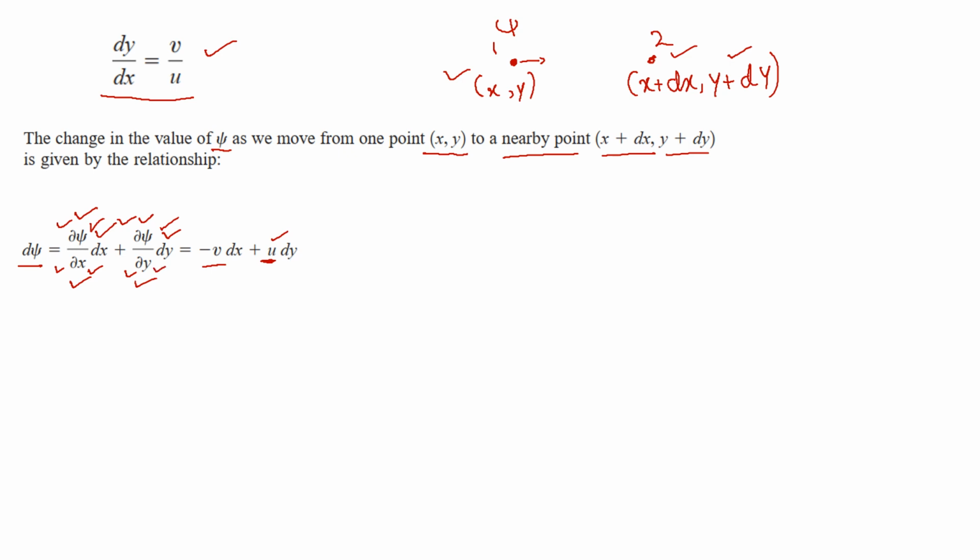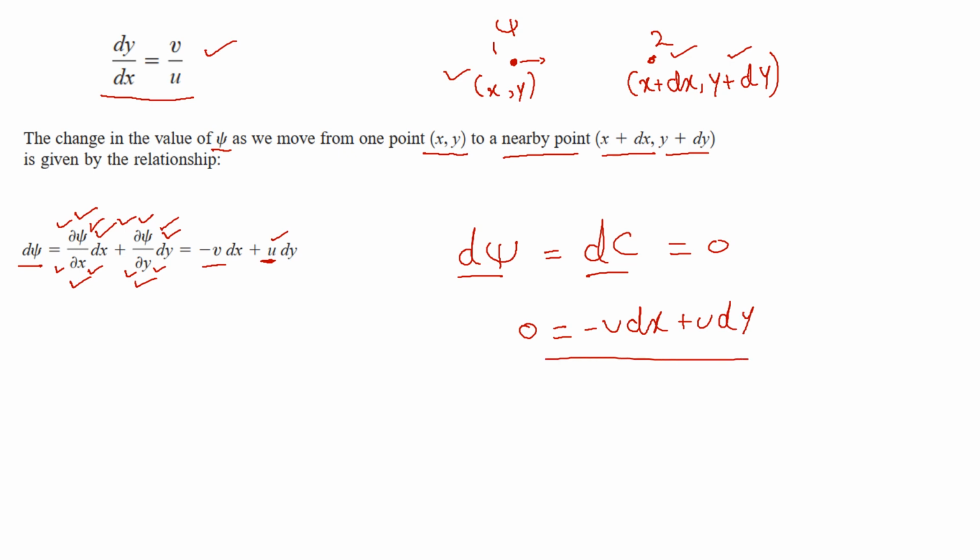So what we are going to do, we are going to take a line along which this psi is equal to constant. Actually, we are going to consider that the stream function is constant along a certain line. So by taking the derivative of a constant, what we get is 0. So if we equate this equation to 0, that is minus v dx plus u dy equals 0,